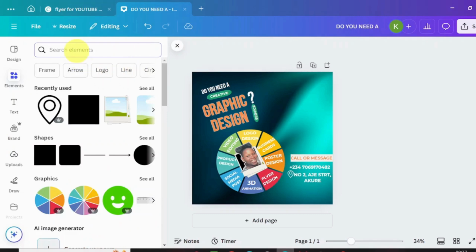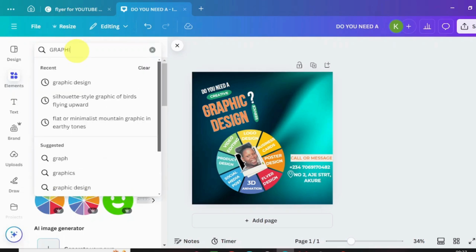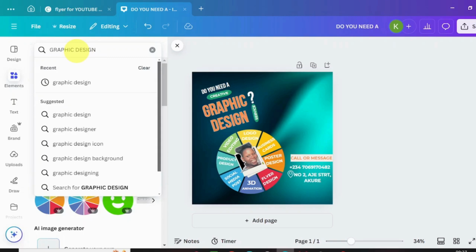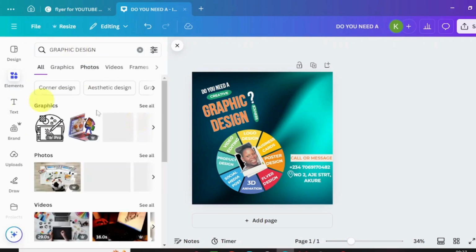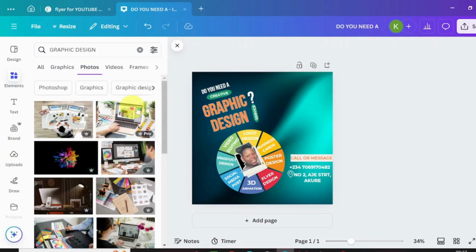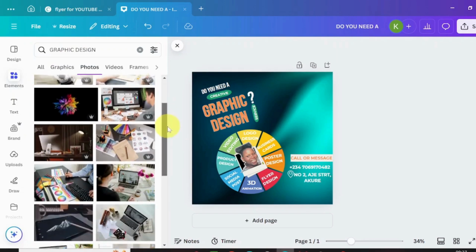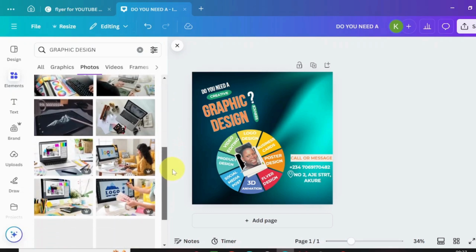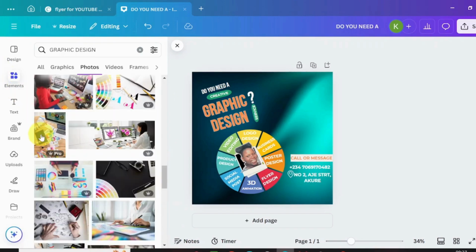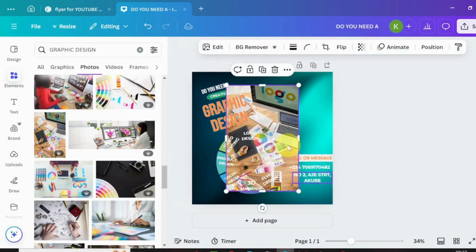The next thing is we need a graphic design element. So I'm going to search in for graphic design element, or just type in graphic design. So this time around I'll be using photos. So I'll just look for any of those photos that interest me or that gives me the vibe. So I will go with this particular image